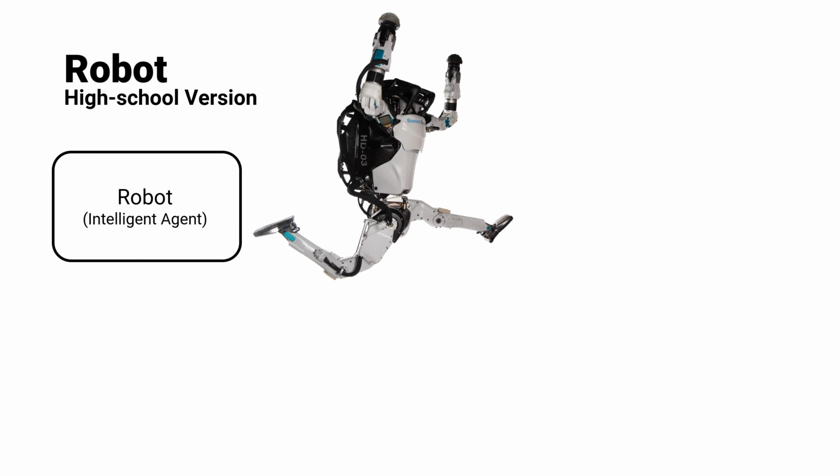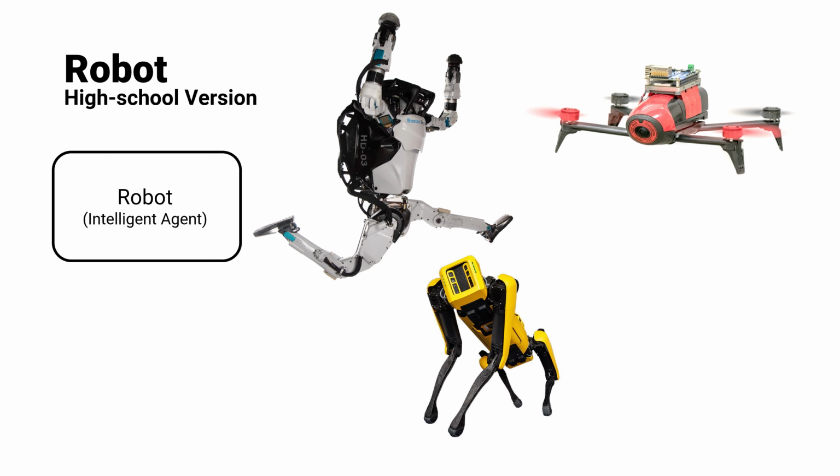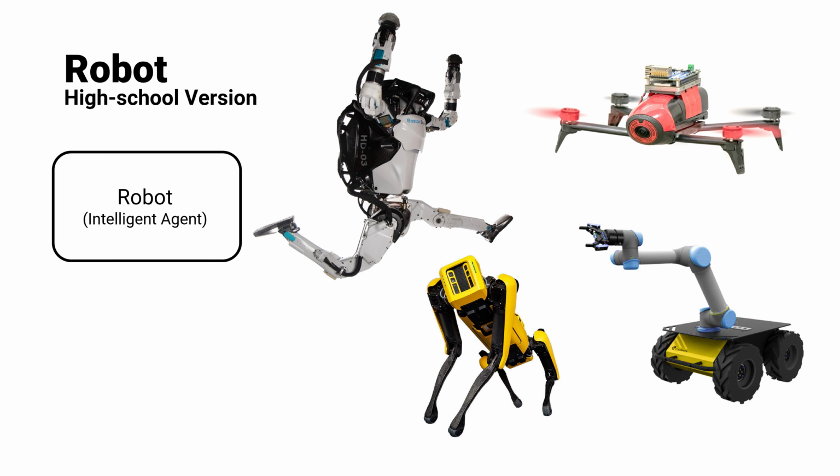Most commonly, you would see robots of different shapes and sizes. This is the Atlas humanoid robot from Boston Dynamics from a few years ago. And this is a Parrot Bebop, which we have modified in our research. We call it the PRG Husky. And this is a Boston Dynamics Spot robot. It's a quadruped, leg kind of robot. If you have a chance to visit the Boston Museum, they have this on display there. And you can also have a robotic arm, and you can put this robotic arm on a Clearpath Husky robot, which is a ground vehicle sort of robot, which can do an off-road kind of scenario.